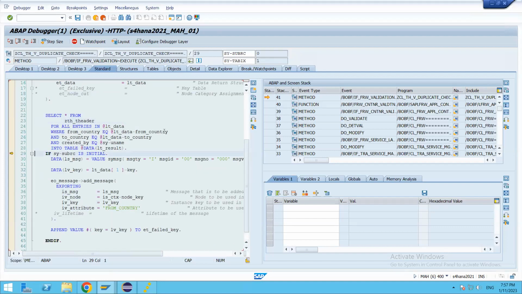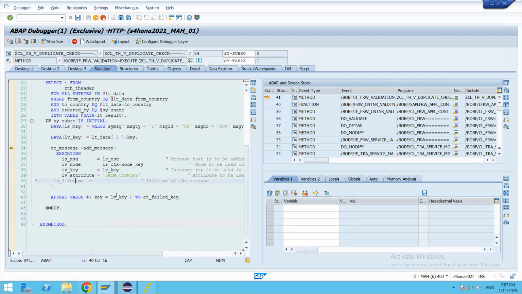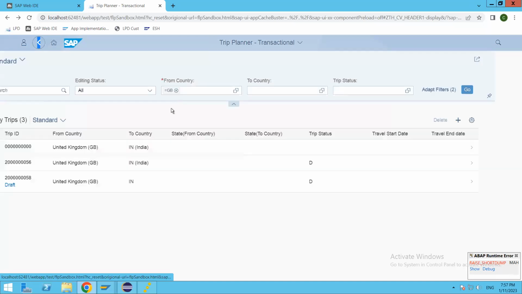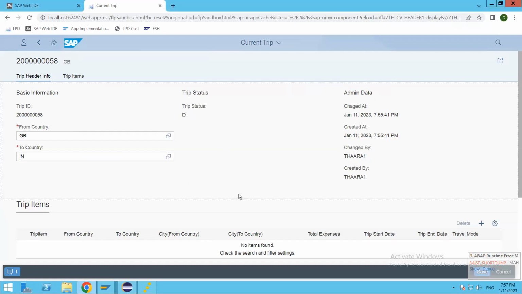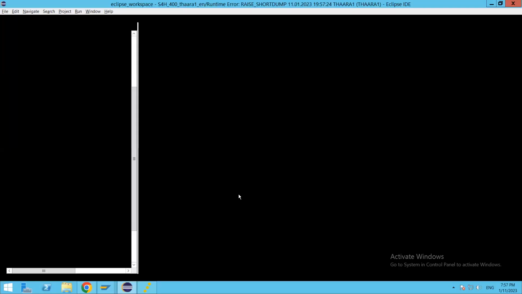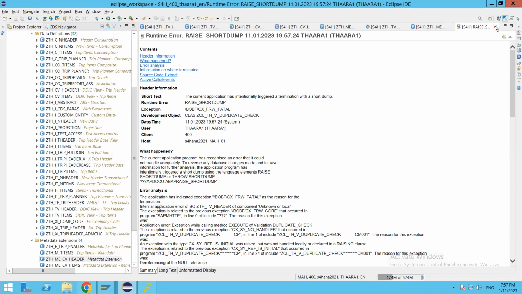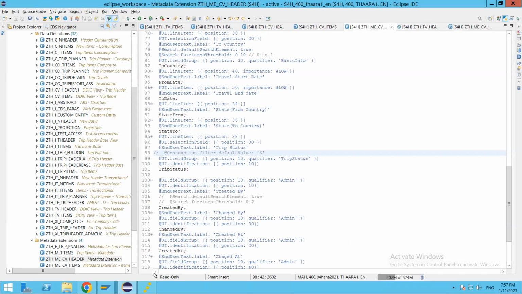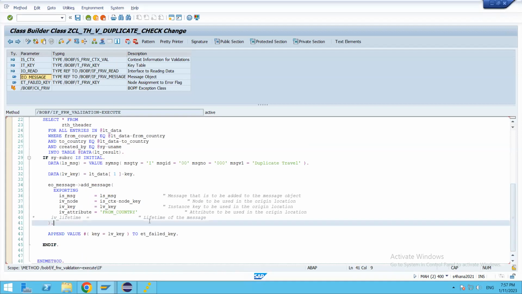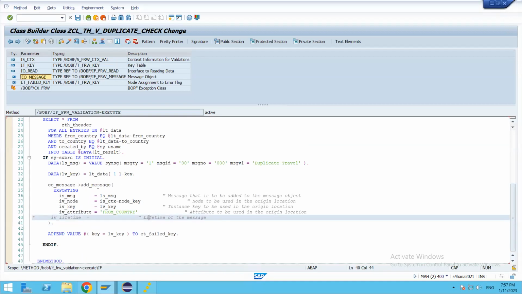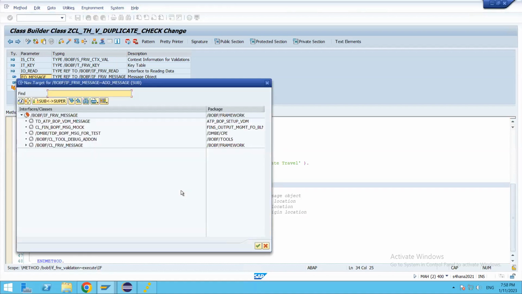So yes, we have identified a duplicate, and I think this is the place where it is going into the error. Are we inputting the changed fields? No, we are not making any changes, but instead we are trying to report the message. So the lifetime of the message has to be